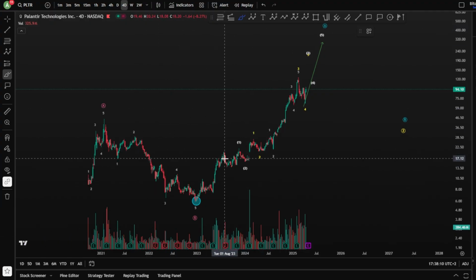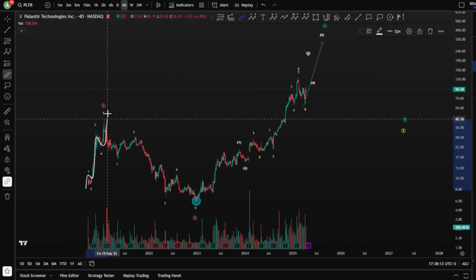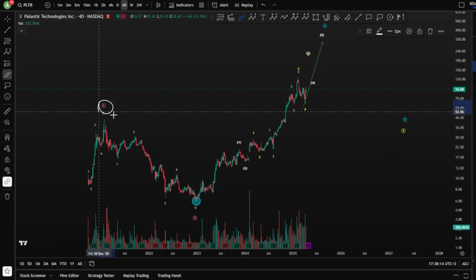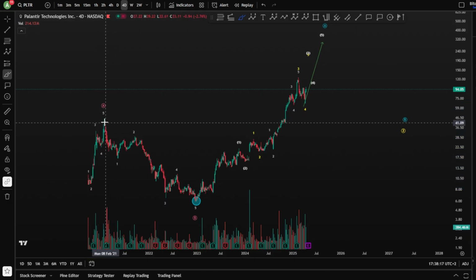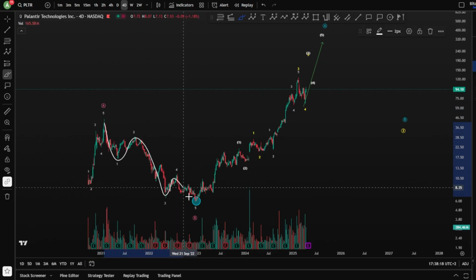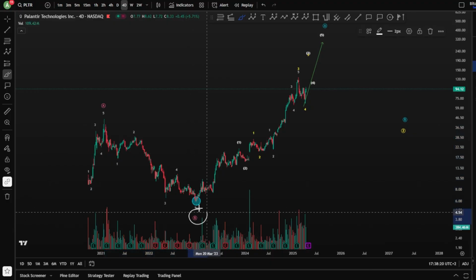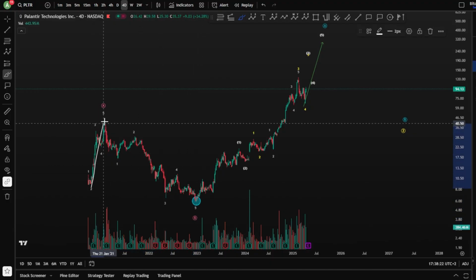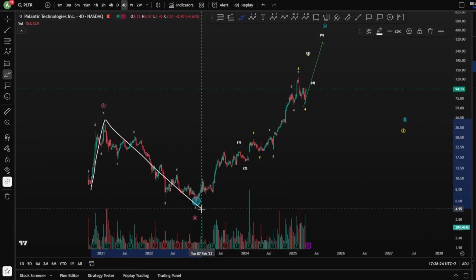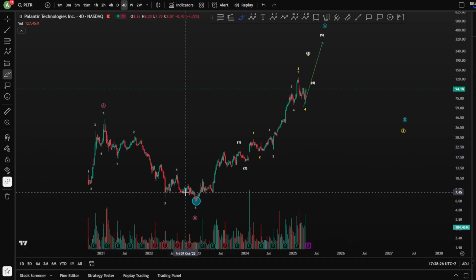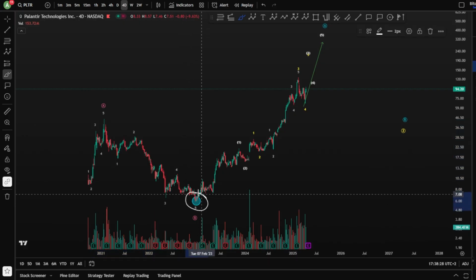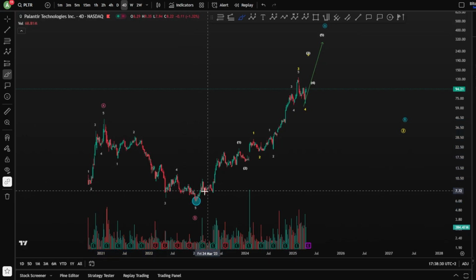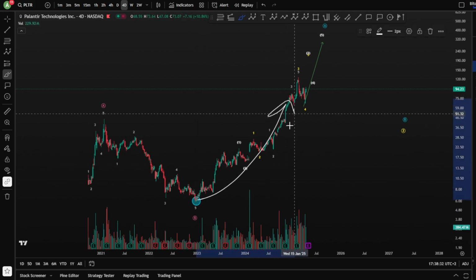Starting on the daily chart here, we are looking at 1, 2, 3, 4, 5 finished wave A as an impulse potentially, and then you see another impulse toward the downside as a potential wave B. You will tell me, how is an impulse a wave A and an impulse a wave B? Well, this is a problem where we have found potentially a psychology exactly at this point, and then moving again